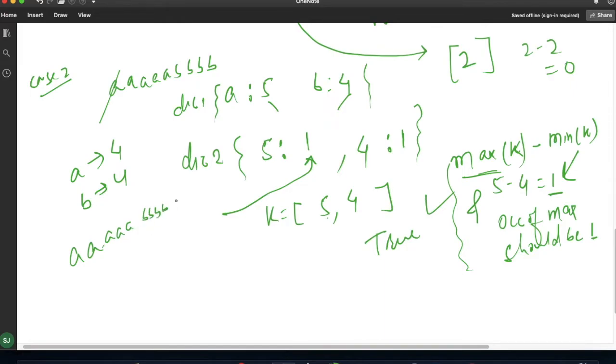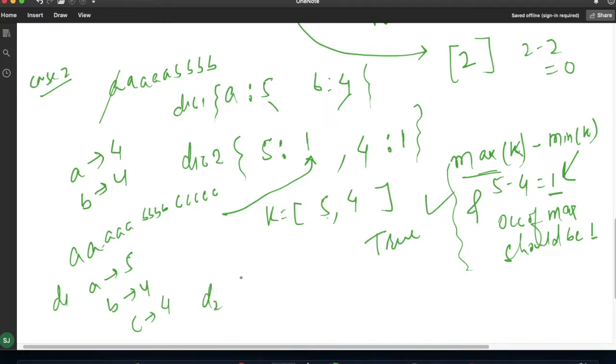suppose we have C. Here A has occurred 5 times, B has occurred 4 times, and C has occurred 4 times. So this is my dictionary 1.